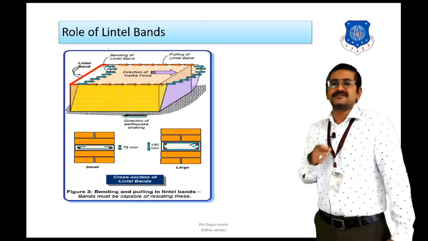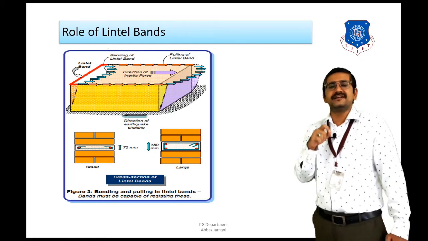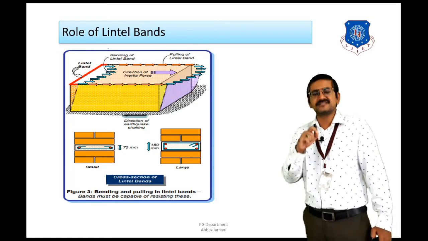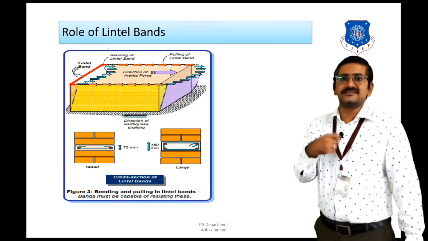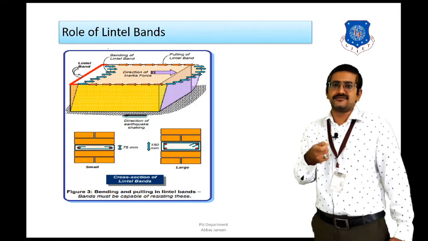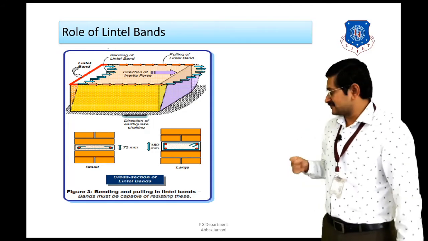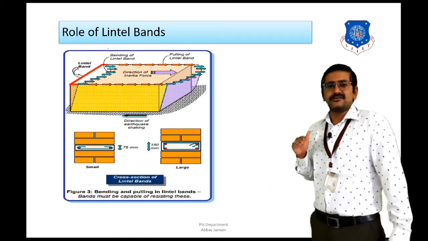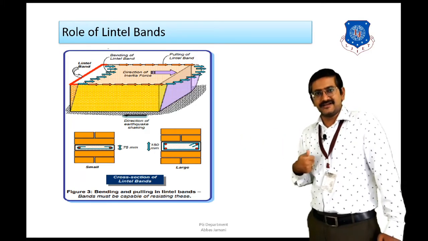Right, inertia force is a product of mass into acceleration, where mass is going to be the dead weight of your structure, or the seismic weight of your structure. So the more the dead weight, the more the seismic weight, the more the generation of lateral forces, and the more the transfer of lateral forces to the building. So due to the application of this horizontal load in one particular direction, inertia force is generated in the other direction.